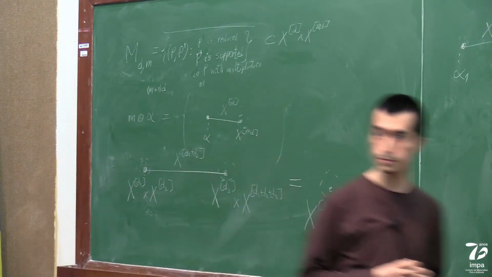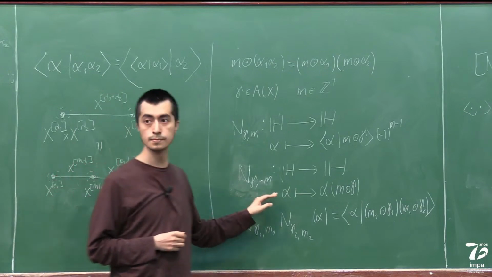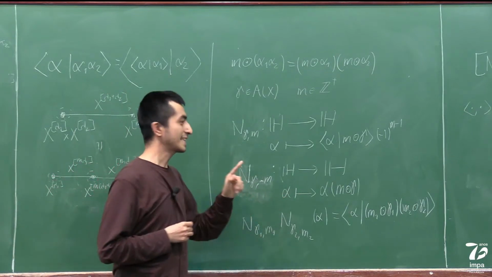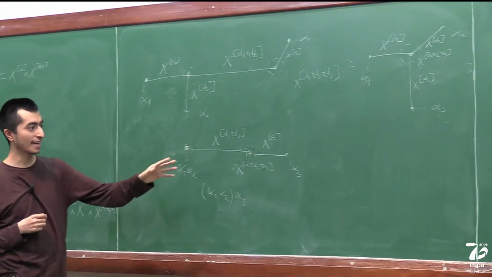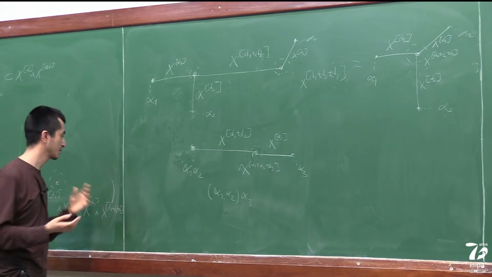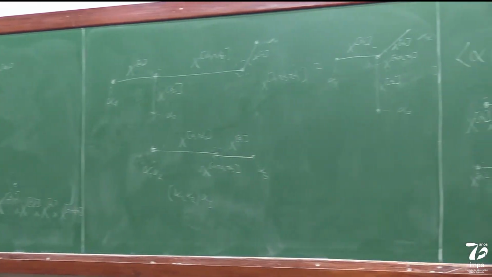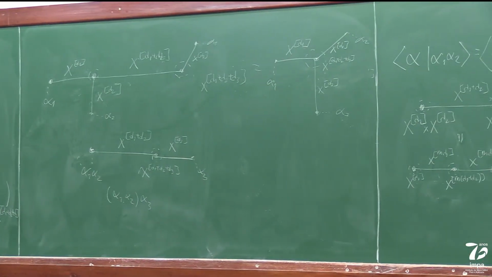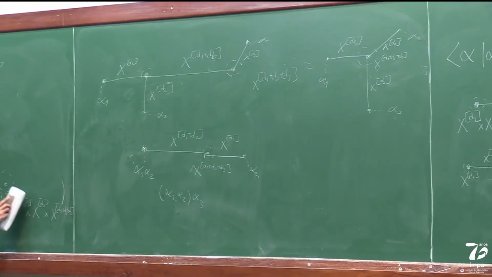So do these negative Nakajima operators generate the rest of H? Yeah, they kind of generate. If instead of A we have singular cohomology and we have the Künneth formula, we can show that it generates. That's something that I just did recently. It's a little bit messy how I explained it, but the idea is that